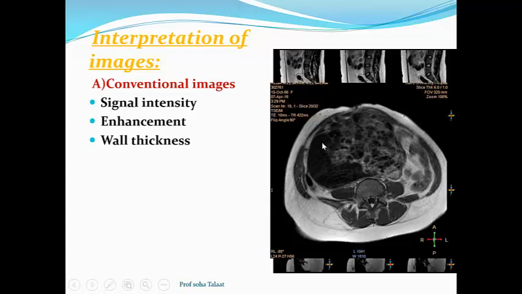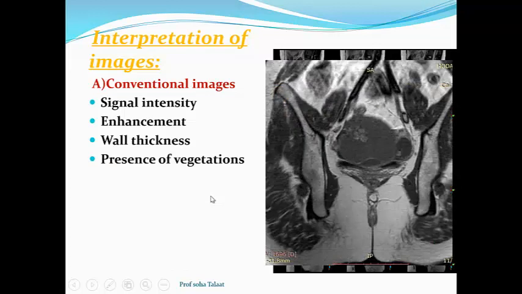This was a case of immature teratoma, and sometimes the immature teratoma is better detected on CT than MRI. So we have to comment on the enhancement and on the wall thickness. Presence of vegetations. This was a case, 24 years old. She has enhancing vegetations, as you see here,